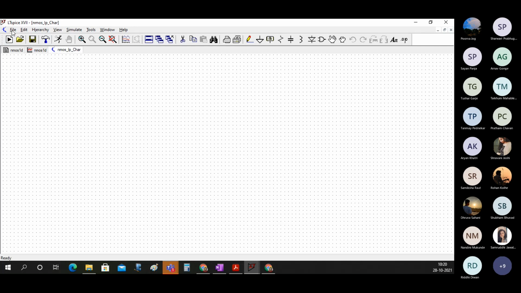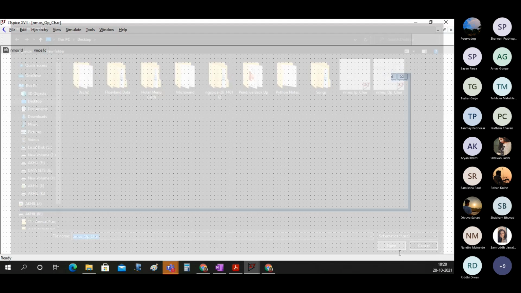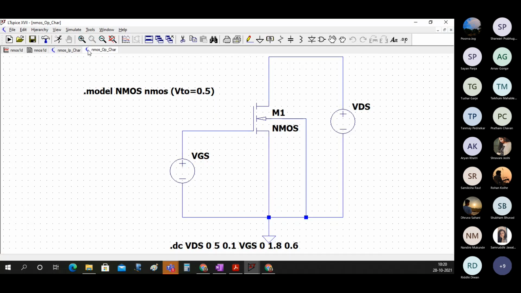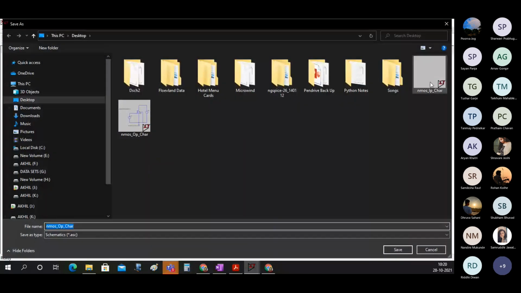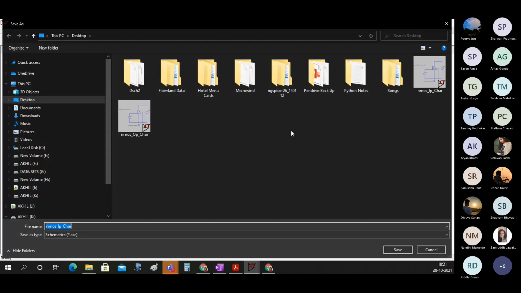Input char. And now I'll just save this as input char underscore depletion.